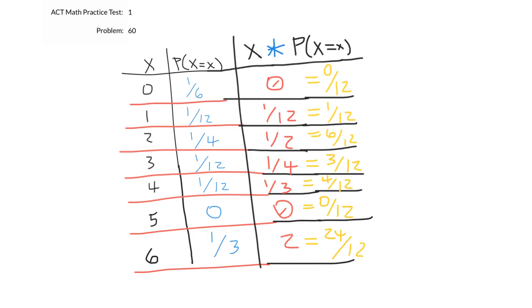So if we were to add all of that up, well, certainly the denominator would be 12, right? But then looking at the numerator, 0 plus 1 is 1, plus 6 is 7, plus 3 is 10, plus 4 is 14, plus 24 is